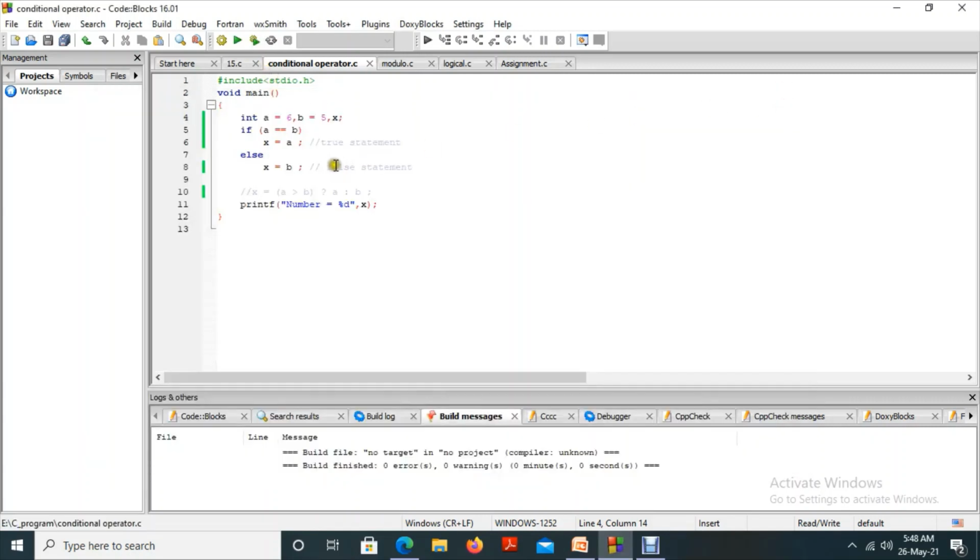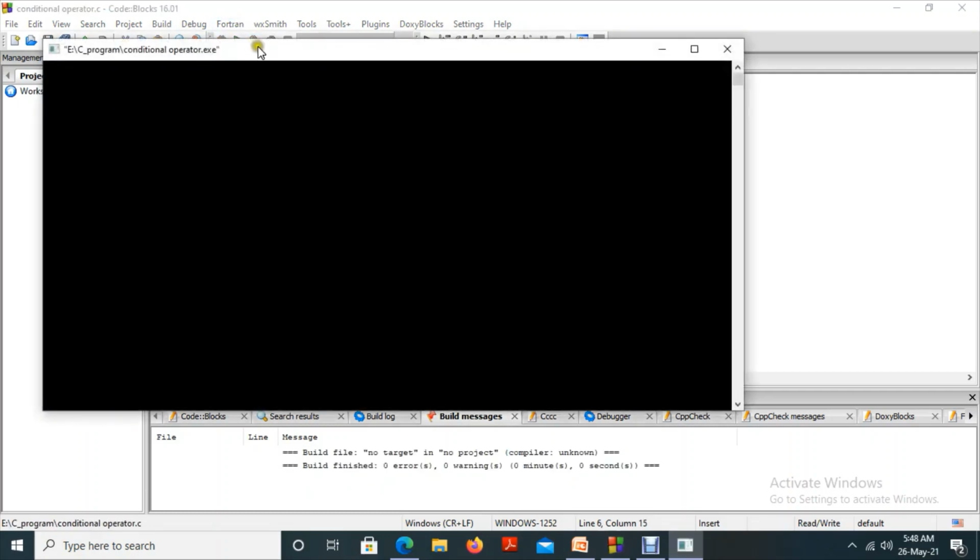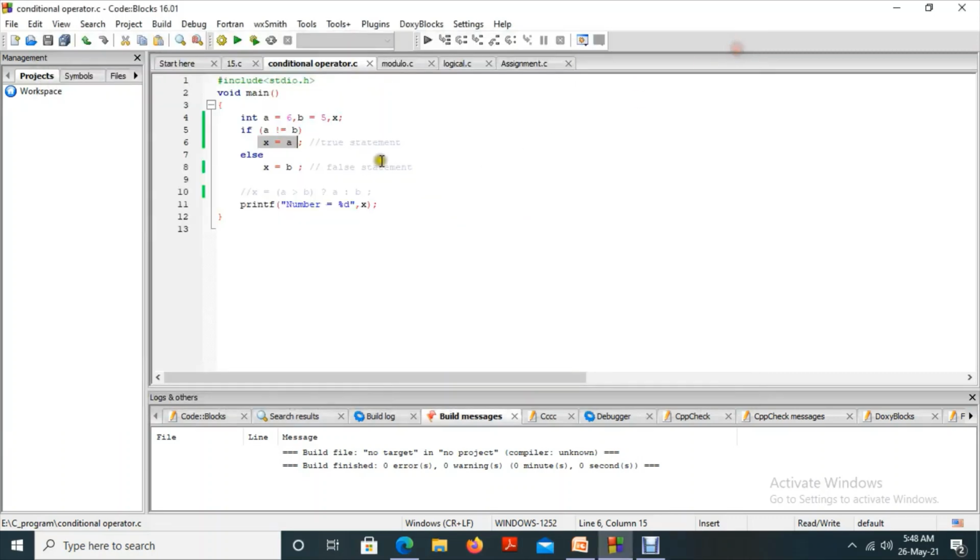Okay. Next, not equal to. a not equal to b. What's the meaning of that? 6 not equal to 5. Condition true. 6 not equal to 5 is the true statement. So it comes to the true statement, x equal to a. What is the value of x? 6. x equal to a.